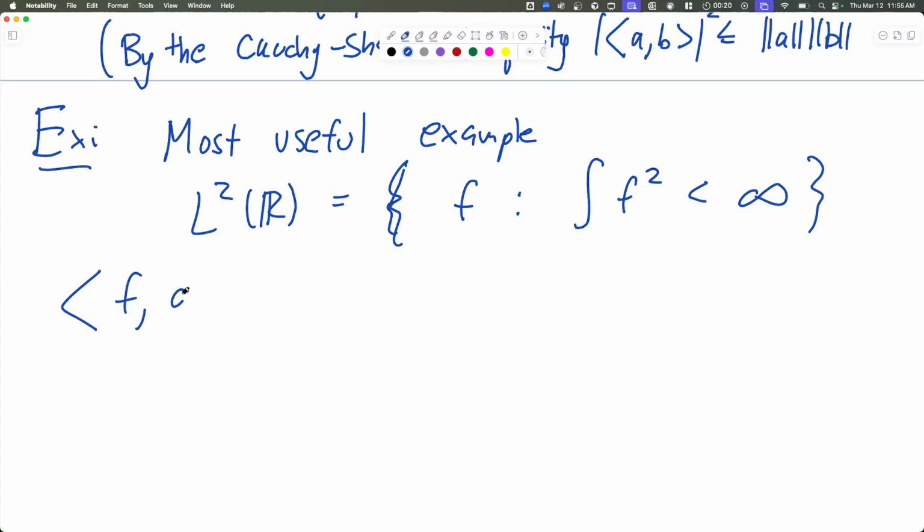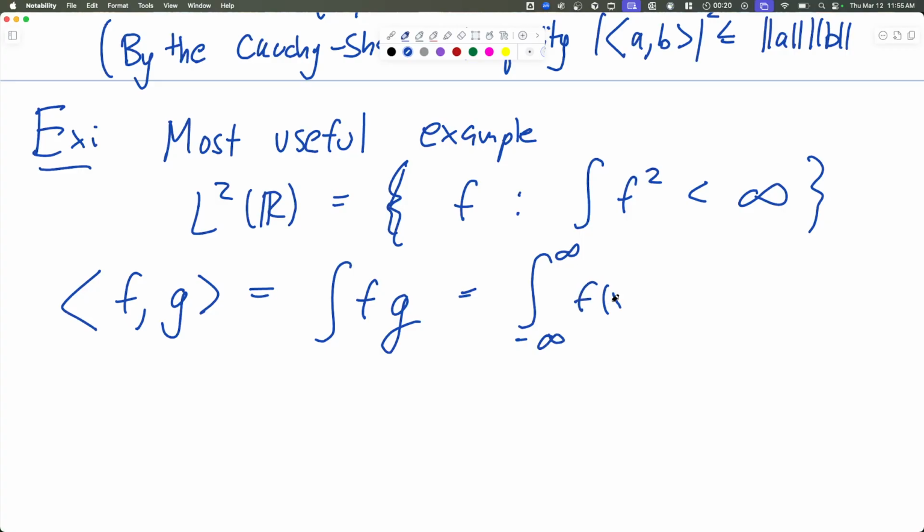The inner product of f and g. What should it be? f times g. Okay, someone said it. Very good. So you multiply f times g and then you integrate. If you were writing it in the ordinary notation, it would be the integral of f of x times g of x dx. And this is equal, in quotes, don't tell me,